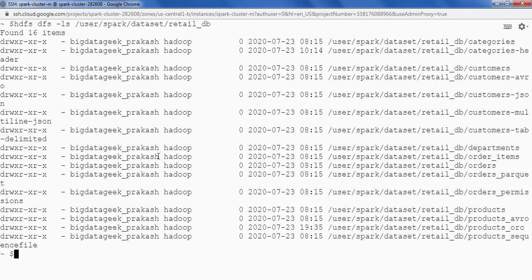Here we can see a lot of information, but I'm only interested in the path itself. So in the same command I'll use a pipe operator, then awk, and then I'll just print the file path. It's at the 8th location, so I'll say $8.